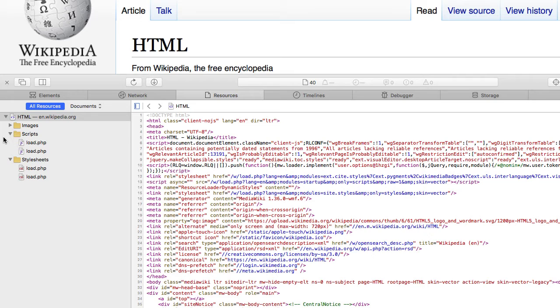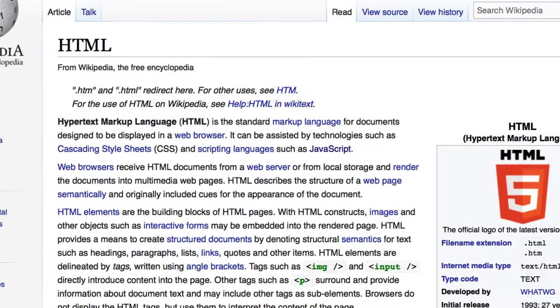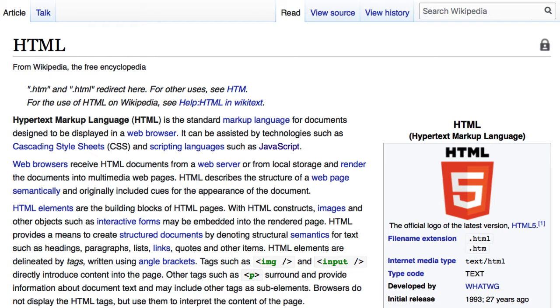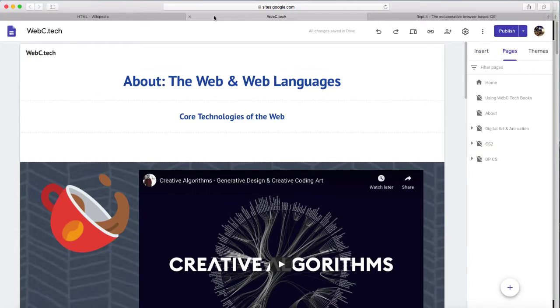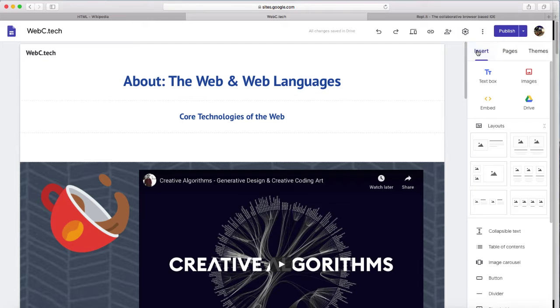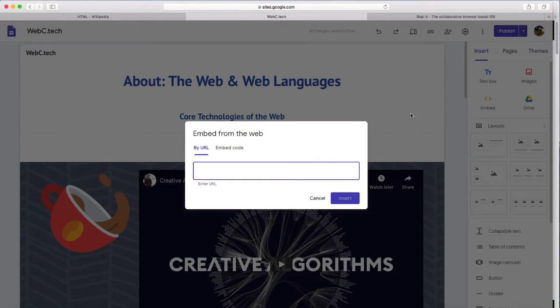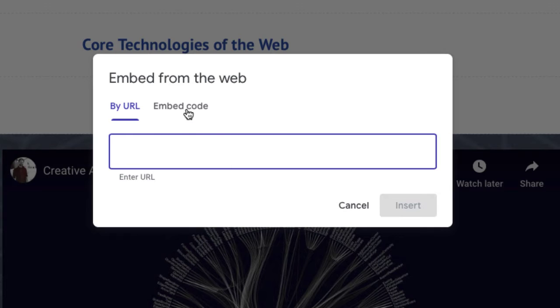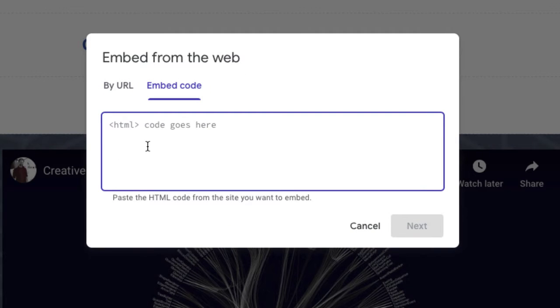Essentially, the way that PHP works is you write PHP in other file types like HTML or CSS or JavaScript, and you include it in there with that HTML. If you want to write HTML, CSS, and JavaScript, you can write that very easily on a wide variety of online tools. If you create a Google site and you go over to Insert and you click Embed, you can actually write it here. We need to switch to embed code, but from here we can actually start writing